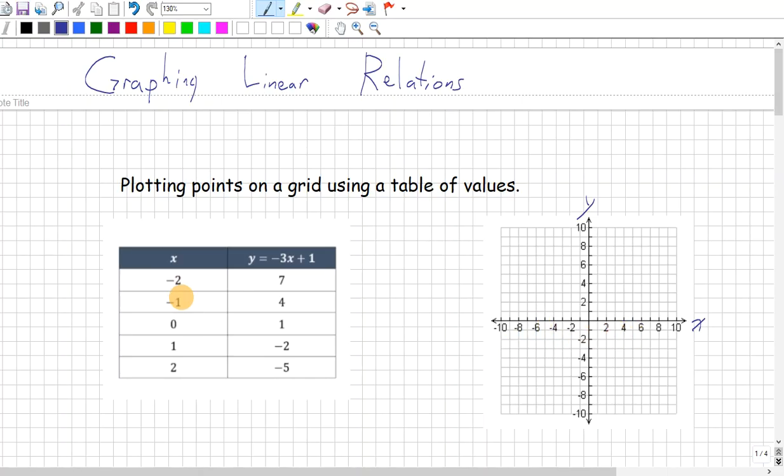So the first value I have for X is -2. We plugged it into this equation, Y equals -3x plus 1. We plugged a -2 into X to get -3 times -2, which is positive 6, because you have a negative times a negative. Plus 1, so 6 plus 1 is 7. So the first point I have is -2, 7. And the way we write that point in coordinates,